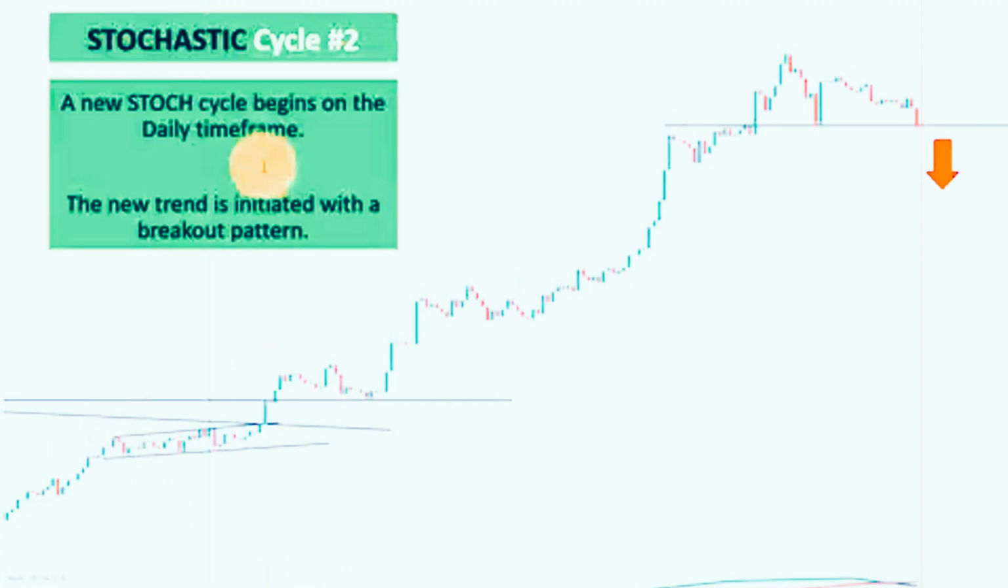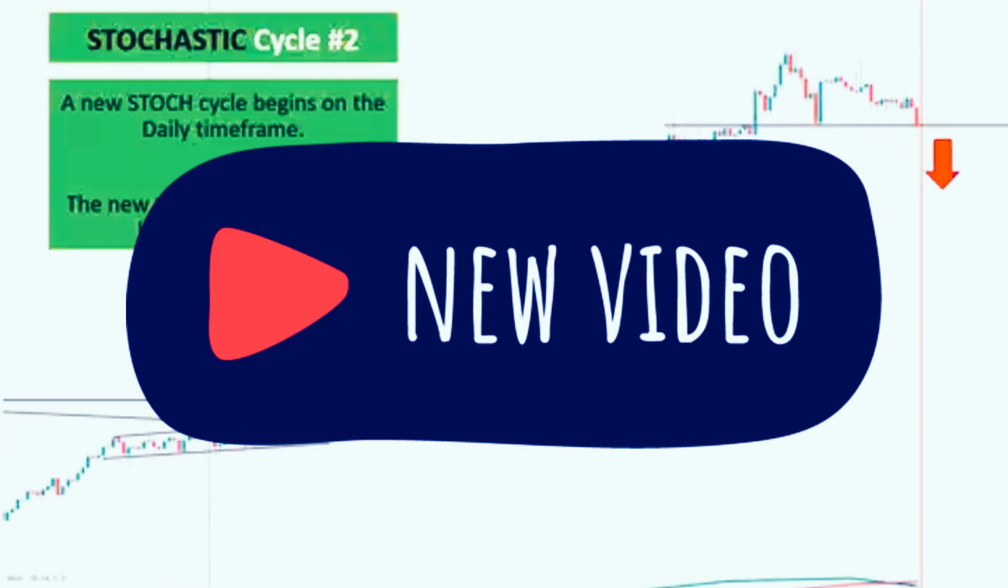Another example for the stochastic cycle approach, you can see this is the same chart that we have been following on the way up. And here is our first example on the bullish break. We have a